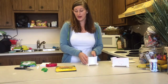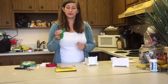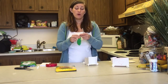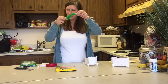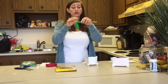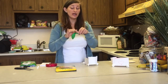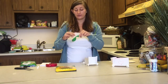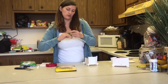Okay, so now we're going to take our last straw, a balloon, and a rubber band. We're going to take the balloon and put it over the straw, just about an inch like this. Now we're going to take our rubber band and wrap it around. We don't want to wrap it too tight, otherwise the straw is going to close and no air will be able to get in. So I'm going to wrap it a few times, 2,